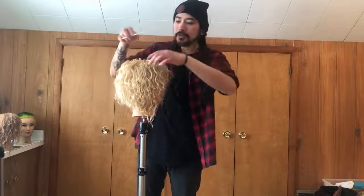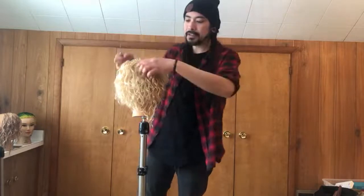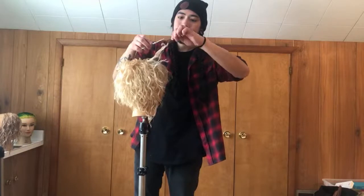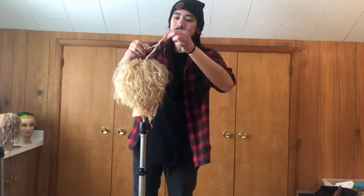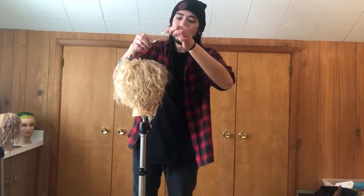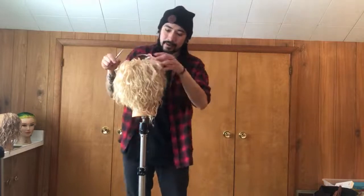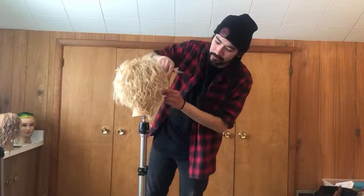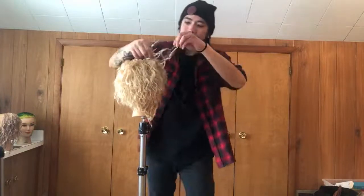And as long as you really pay attention periodically to where each strand of hair is coming from, then you help to protect the length a little bit more too. Because at this point, I really want to make sure that I get a good amount of lift throughout the interior, but I don't want to compromise the overall length in any way. If that starts to happen, then